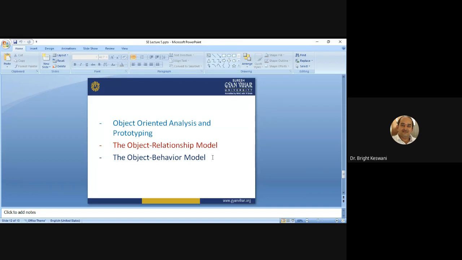Even more important, the prototype can evolve into a working product of the system, because the building blocks that created the objects have already been proven in practice. So you have already tested your prototype, which you made after the object oriented analysis.